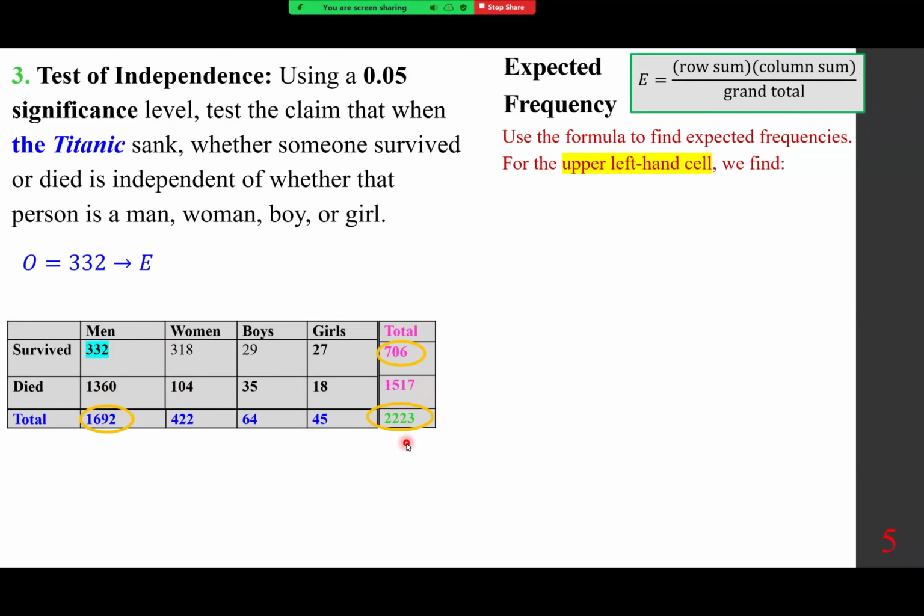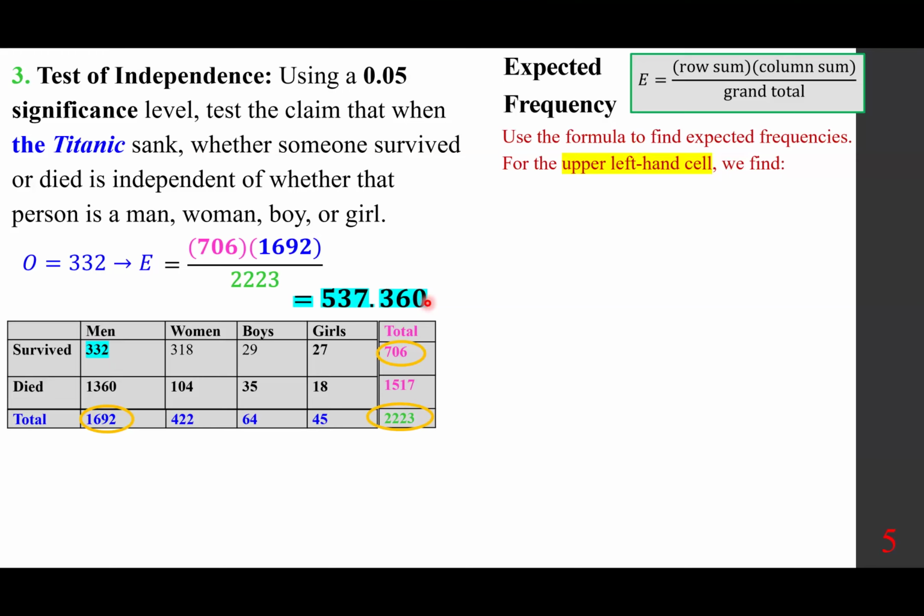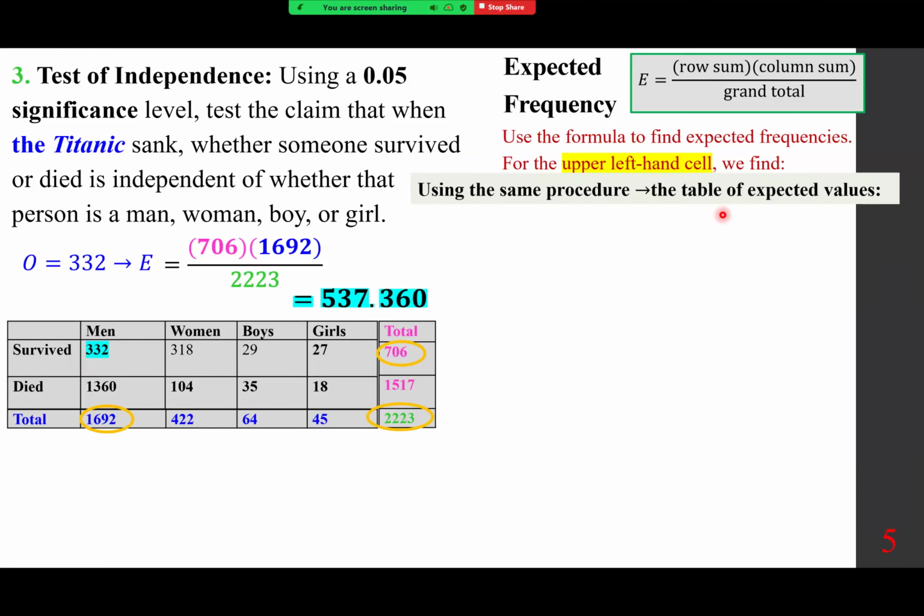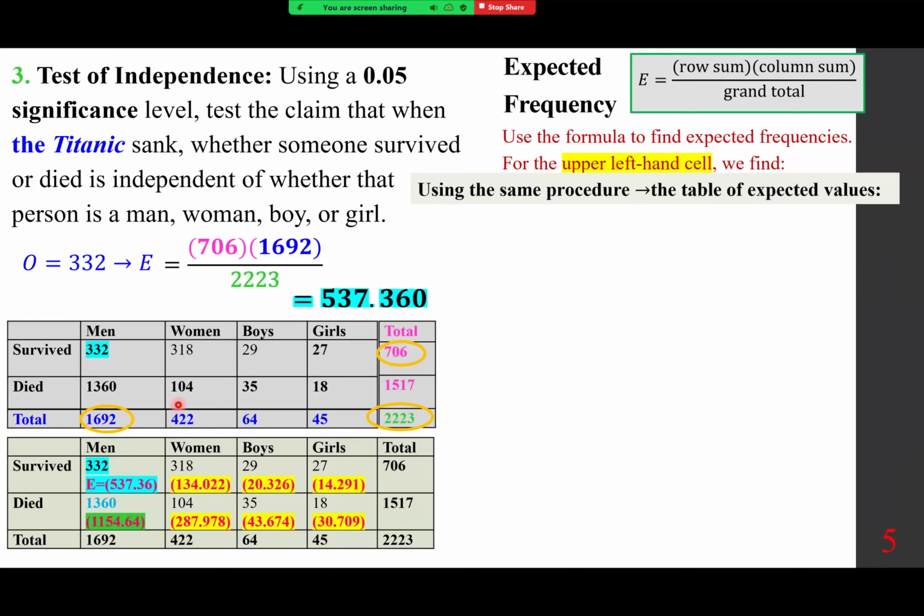So these two numbers divided by grand total. So 537.36, that would be the expected value. What does it mean? If everything is independent, then we would expect this many men to survive. That's the idea. So using the same procedure, the table of expected values, and we do that for every element,